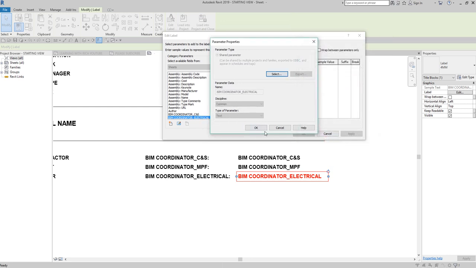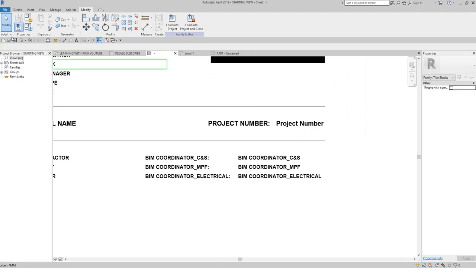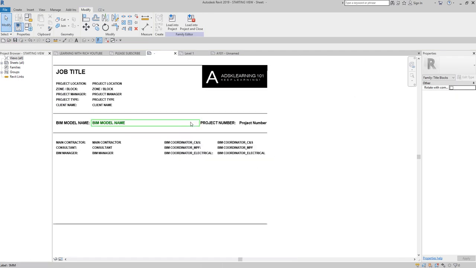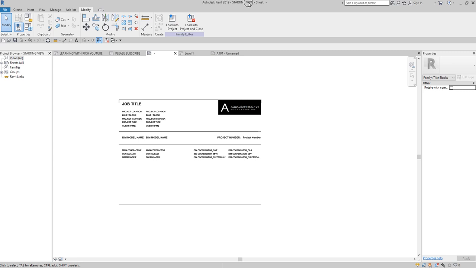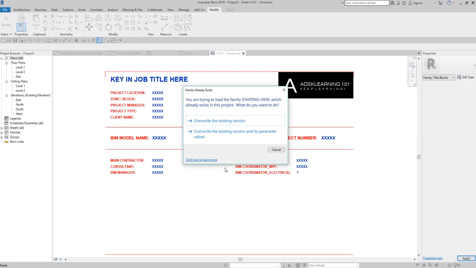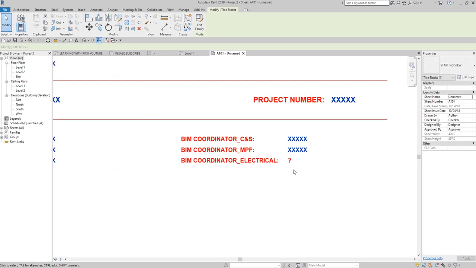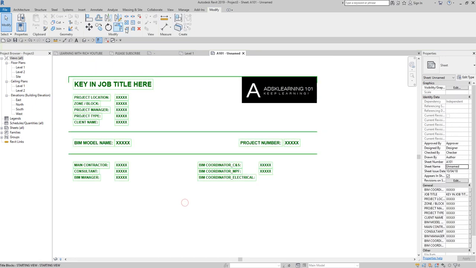Okay, so it's now text. Okay, double click. There you go. Then okay. All right, then let's save this one. Save this family, our starting view family, and then load it back again to the project. This one, and then okay. Just override it. Okay. Now it's red, so meaning to say we need to